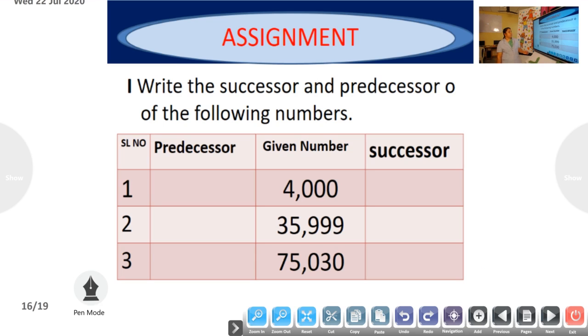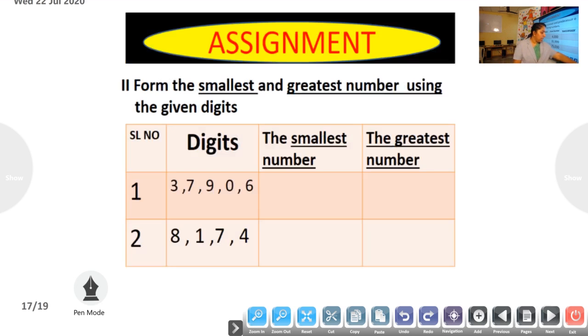So this is for the assignment. Write the successor and predecessor of the following numbers. Is it clear? You have to do it in your book. There is one more assignment: form the smallest and greatest numbers using the given digits. Is it clear? There are two assignments. You have to do them in your